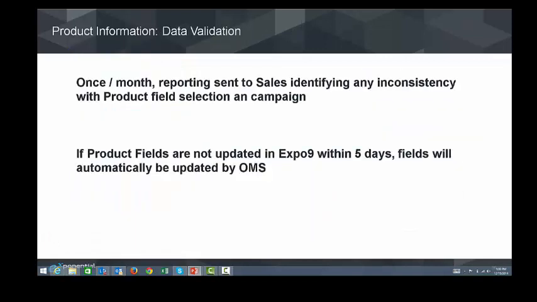To check accuracy of these fields, there'll be regular checks comparing I/O product fields and how the campaign is running. Any inconsistencies will be flagged and sent to the sales organization once per month to be reviewed. You should address these with OMS and update Expo 9 as needed. There may be cases that are being flagged incorrectly, and these should be communicated to OMS. If Expo 9 is not updated within 5 business days, we'll assume the report is accurate and automatically update the